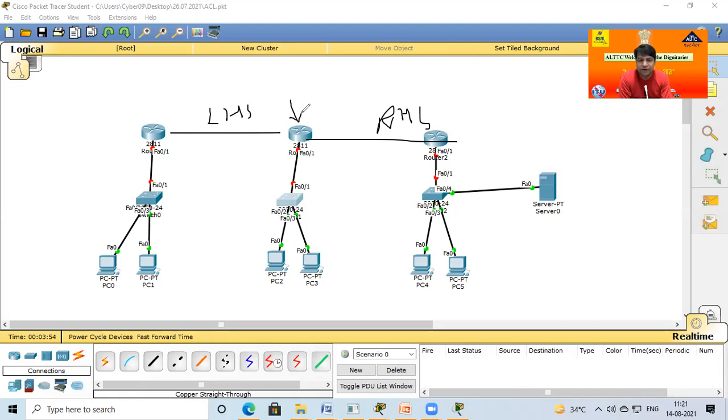In the same manner in the router, we have no additional port. Suppose in this router number one we require three ports, but it actually has only two. For the third port, we go to the market, purchase an additional port, and install it in this router. So it is the same manner as a computer.